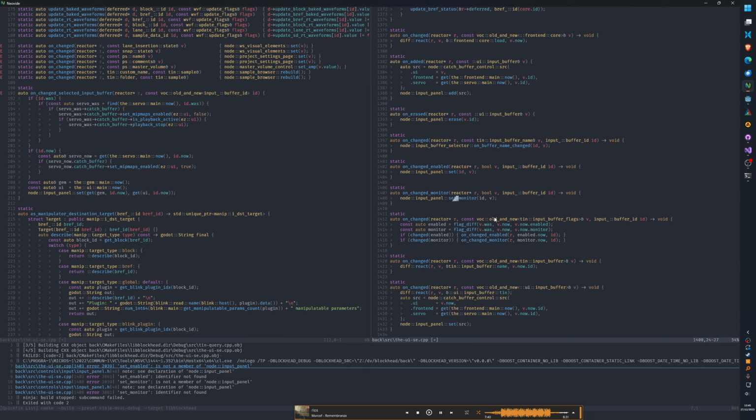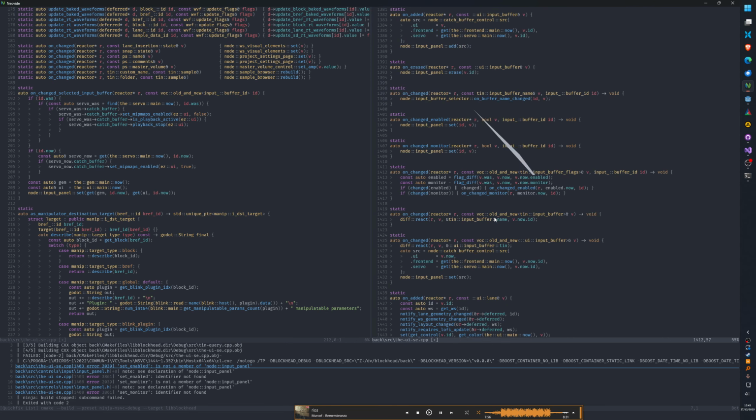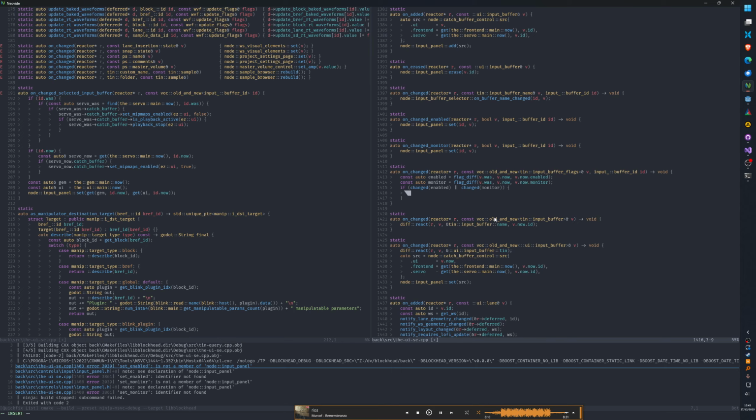So now what are the flags here? Enabled, motor, auto, named. So if either of these changed, then do the whole thing again.